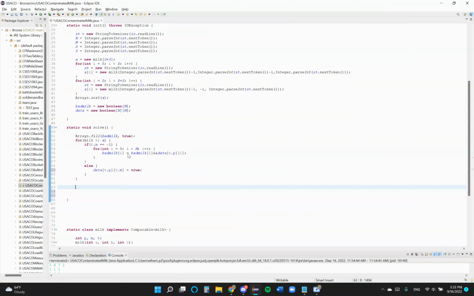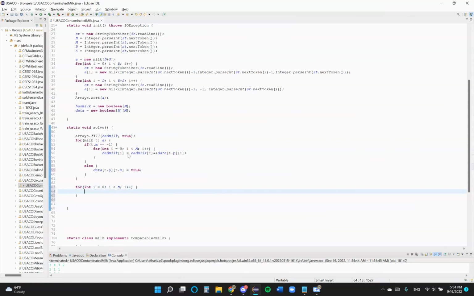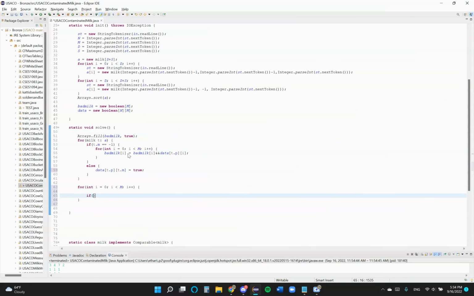And if they are contaminated, we have to check how many people drank that milk. So int i equals 0, i less than m, i plus plus. Since there are m types of milk, and if it is a bad milk, so if badMilk[i], so if it's a possible bad milk,